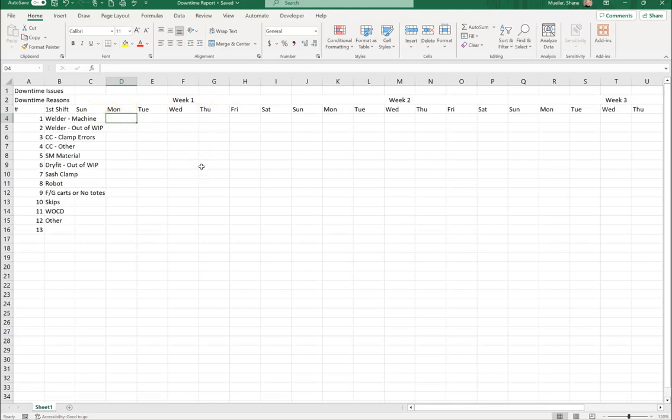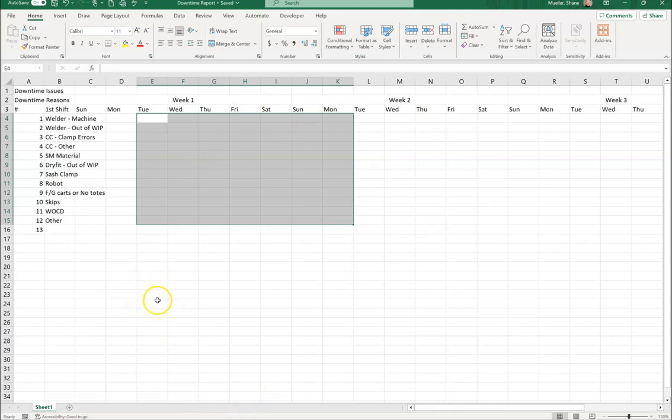And to do this, we can do one at a time, or we can use what's called a non-adjacent selection. So for example, if I wanted to select E4 through E15, and then I wanted to select all the way through to next Tuesday, which is K4 through K15, I can click and hold, drag over and down, and release, and it selects that entire range for me. Now, if I only wanted to select the Tuesday,